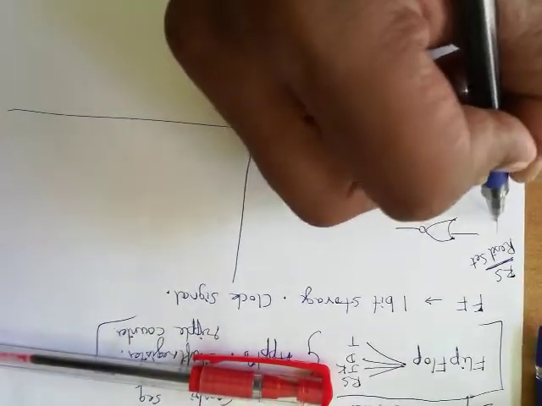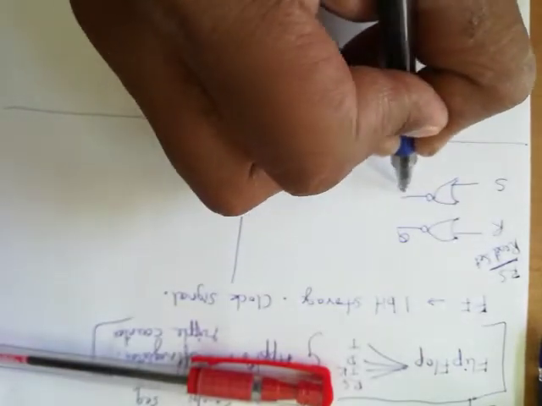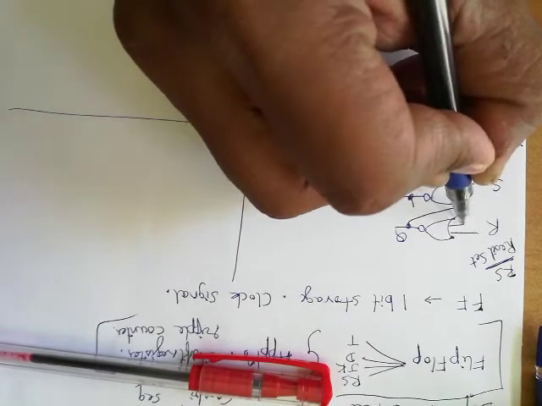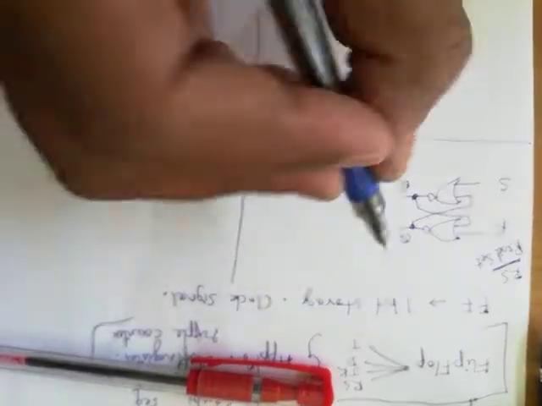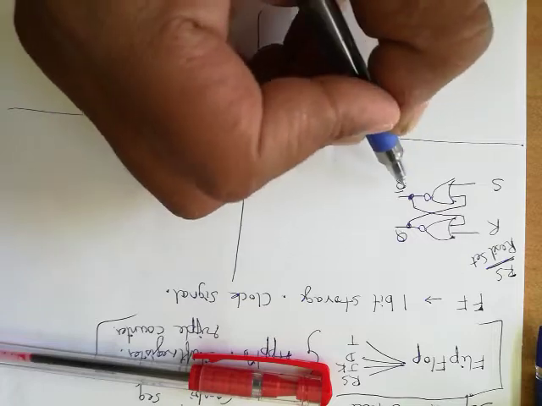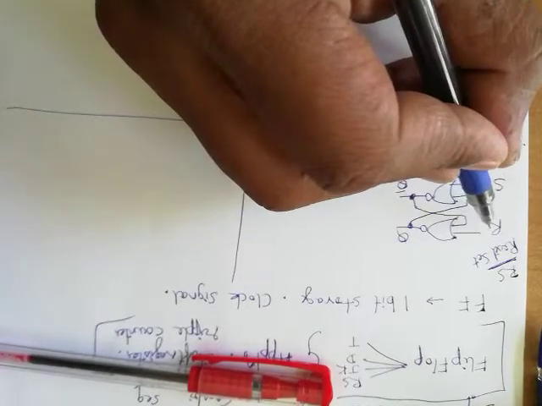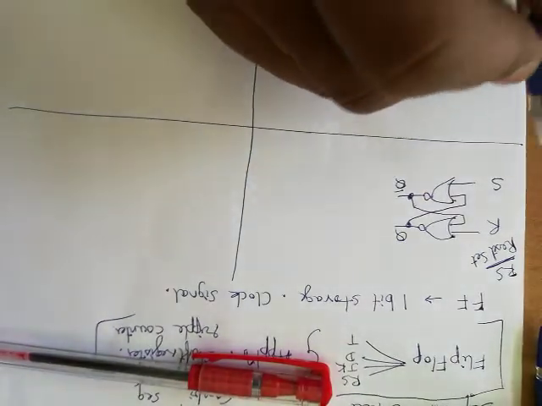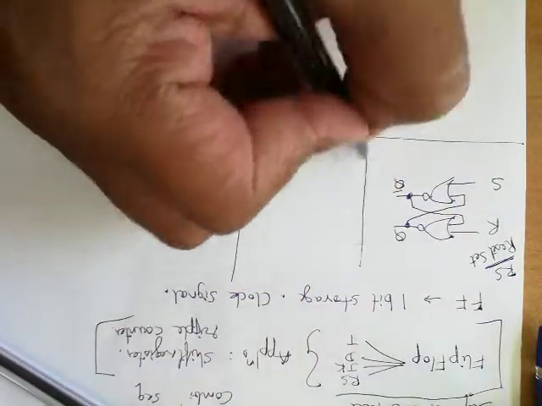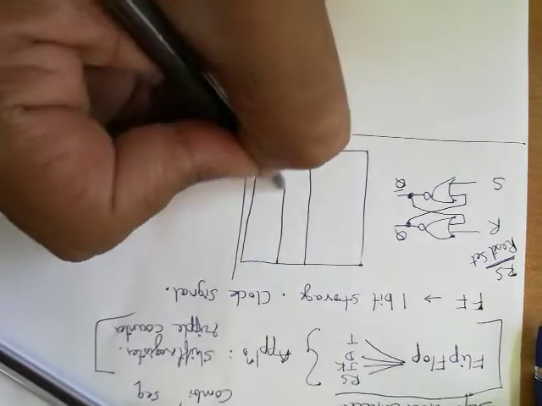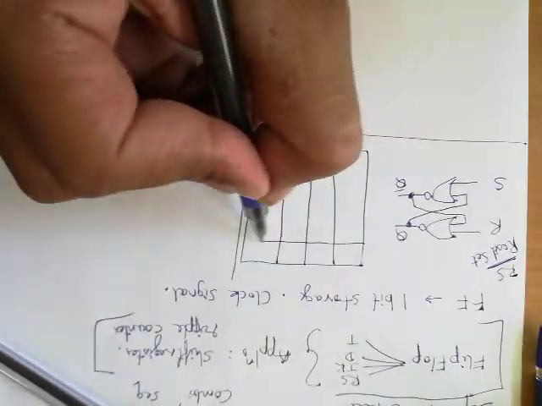Observe carefully that the output is dependent on earlier output also. So what we have is Q bar. The truth table, when we write Q bar, is dependent on the present values of R and S, also previous values of Q and Q bar. This is the speciality of sequential circuits, means output is dependent on present inputs and past outputs also. We'll learn the truth table.